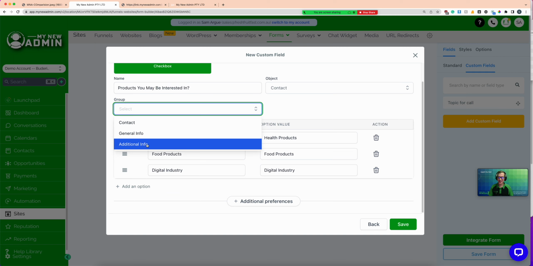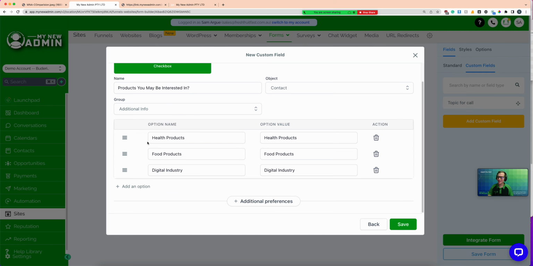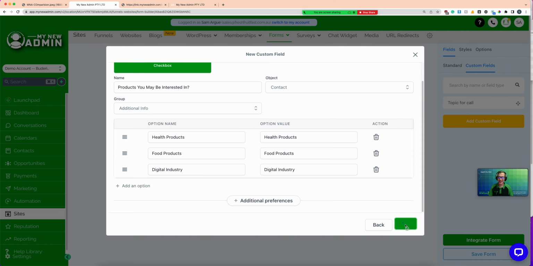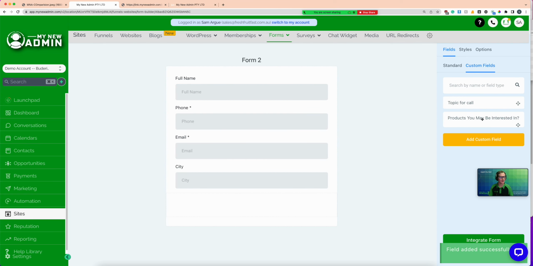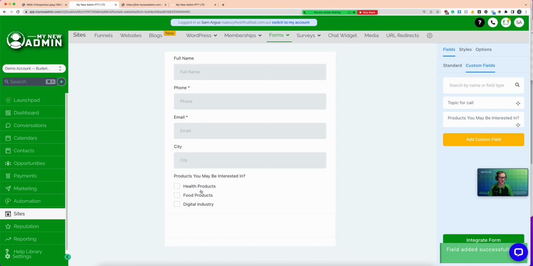We'll then select which group, so that'll go into that additional info tab that we were looking at before in the contacts, and hit save. We're now going to have that field populate there. We can drag it straight across, and there we go. We've now got our custom fields that we'll be collecting and storing on each person's file when this particular form